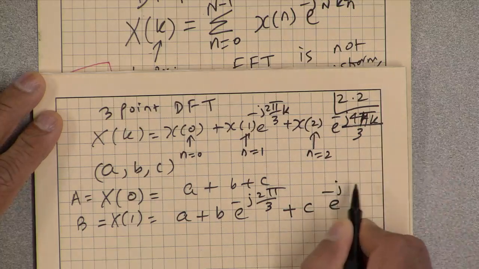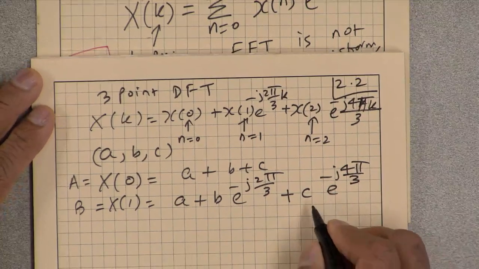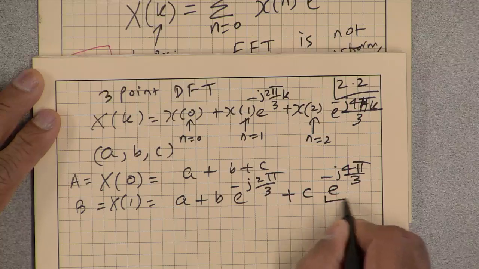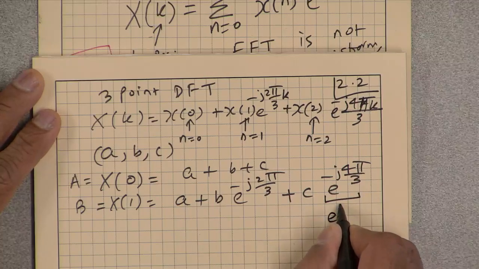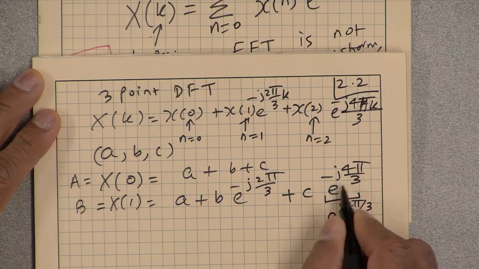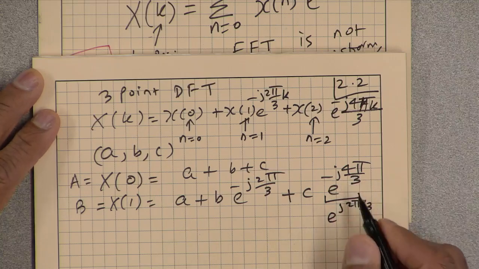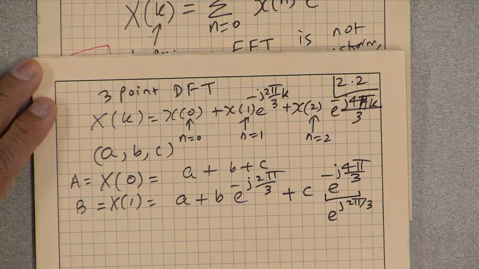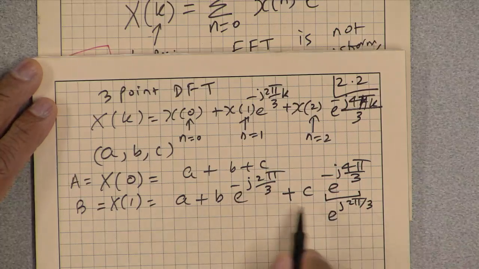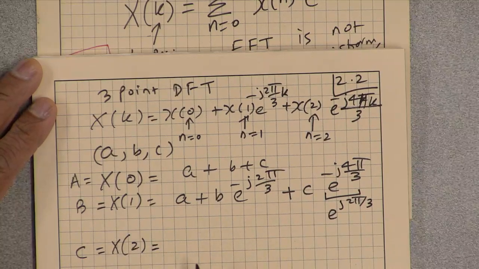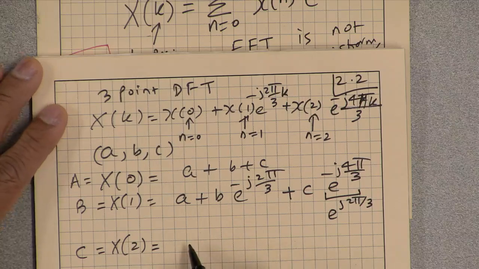E to the power minus j 4 pi by 3, which by the periodicity of complex exponential is the same as e to the power plus j 2 pi by 3. So you just multiply by e to the power j 2 pi, which is 6 pi by 3, minus 4 pi by 3 is 2 pi by 3. So these two are conjugates, minus j 2 pi by 3 and plus j 2 pi by 3. And C, which is x2, is going to be